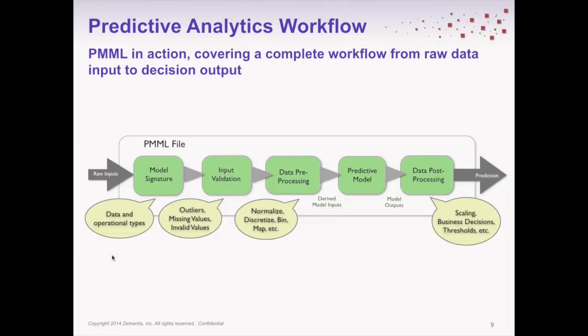Now, the predictive model itself also can be of many different kinds. So it can be simple models like a regression, linear logistic models. It can be more complex ones like decision trees, support vector machines, advanced machine learning models like neural networks, or ensemble models that itself can contain hundreds of submodels that you can chain together, that you can have cascading events inside of that particular decision. So you can really extend that and cover all of your predictive modeling needs in one standard, and that's very, very effective.